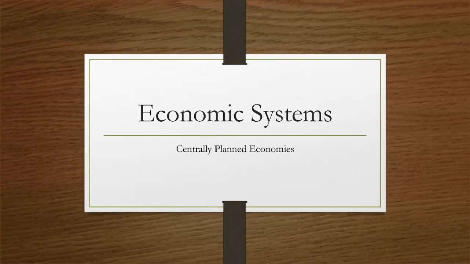Okay, so in the previous video, we talked about free market systems and the definitions of a market and the definitions of producers and consumers, and how with very little government intervention, they can operate basically seamlessly, in theory, of course. And in this video, we're going to talk about economic systems like centrally planned economies and how they are different.